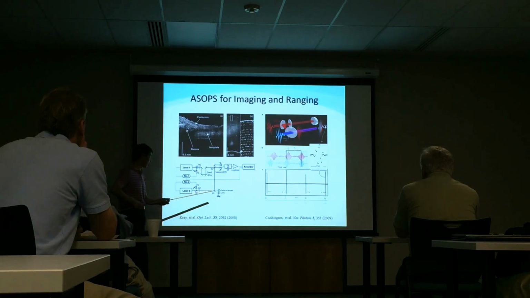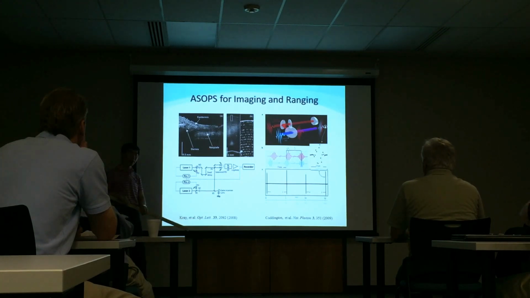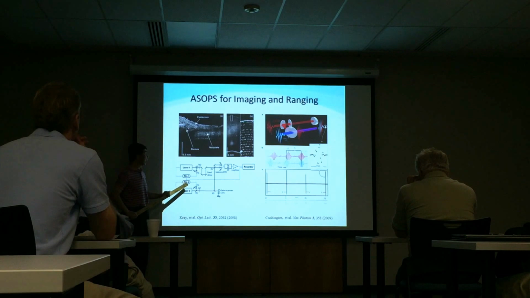The reflection of your target. Different layers will reflect the signal coming in at a different time. So all you need to do is just to have a time resolved method to detect this signal for different time. Okay, and